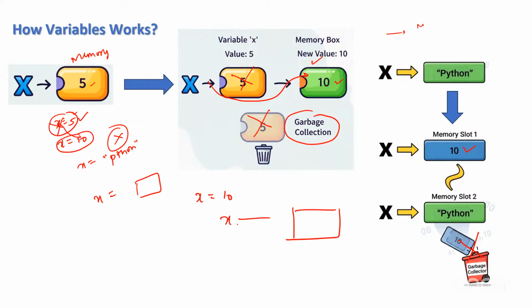Since a variable is like a box where you can put an item, if you don't require that item, you remove it and you can put another item. In that way, there is a memory where a particular value is assigned. And once you say x is equal to 20, it will assign that to another box. Whatever was in this box will be cleaned up by your garbage collector.